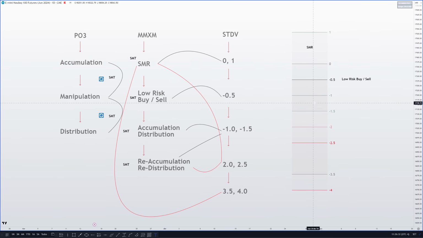In the 1 and 1.5 deviation here, you can find the accumulation or distribution level. This is the silver bullet zone, because at this point you have all this information. You already have the smart money reversal, you already have the low risk buy, low risk sell. So this information is helpful for trust in the next price move. So in the 1 and 1.5 deviations,